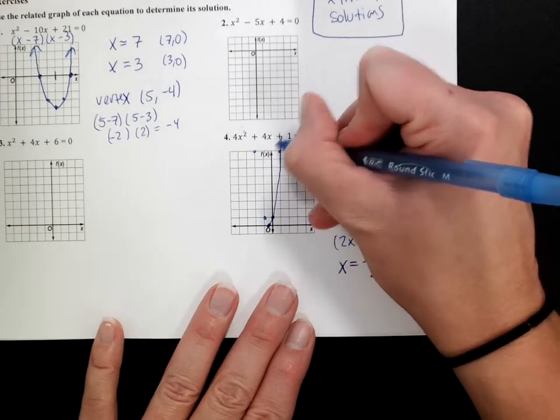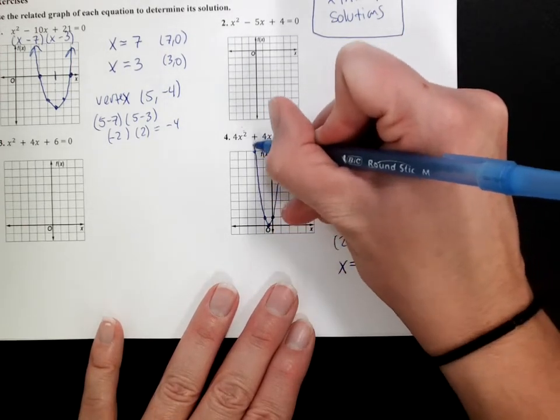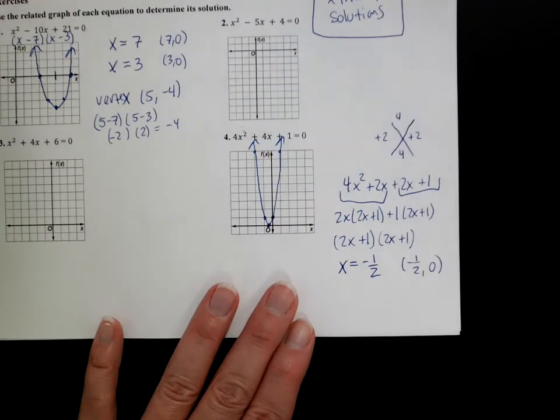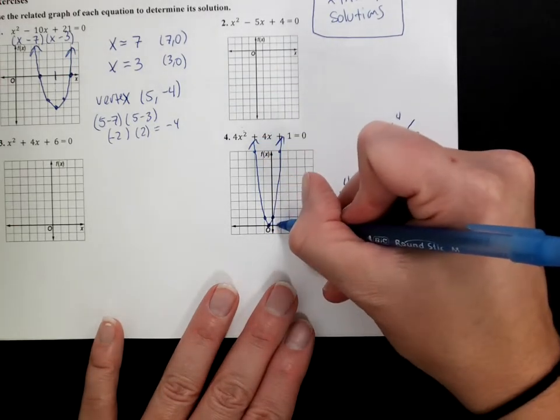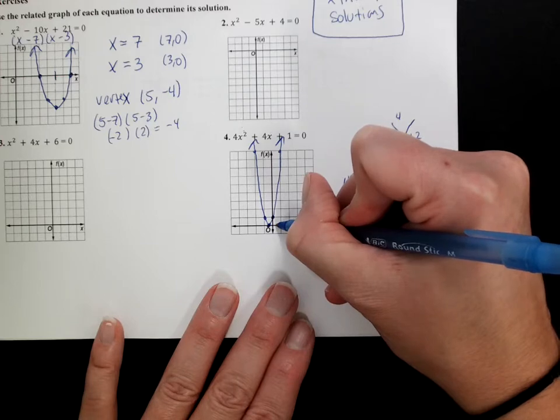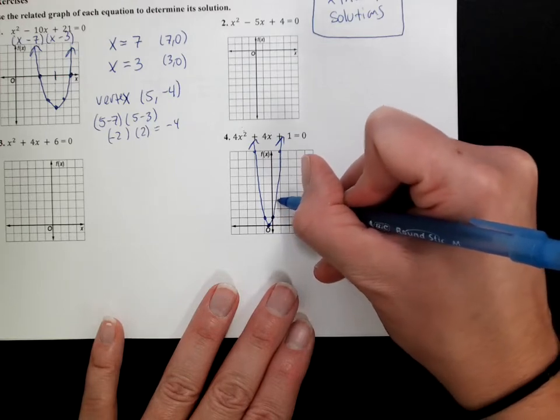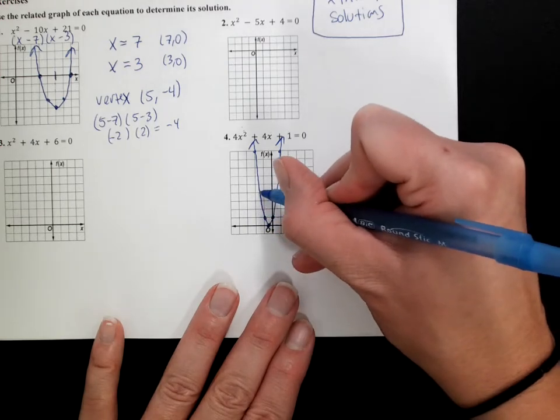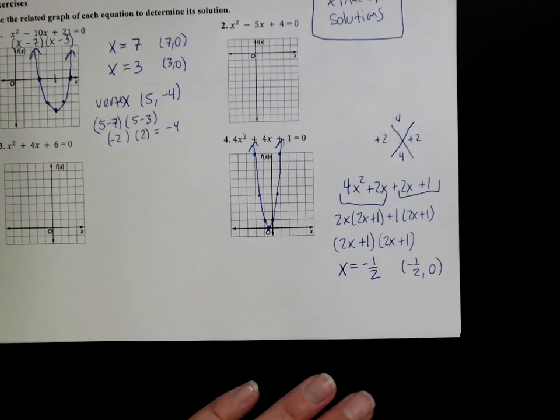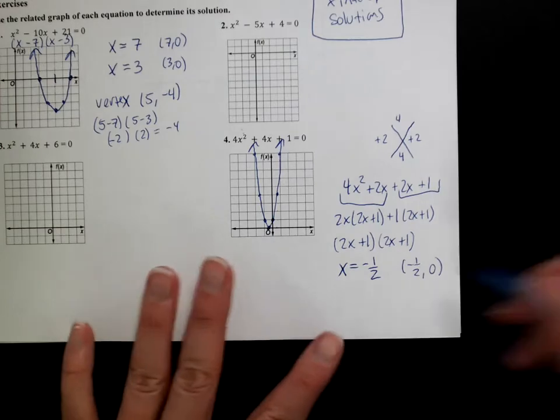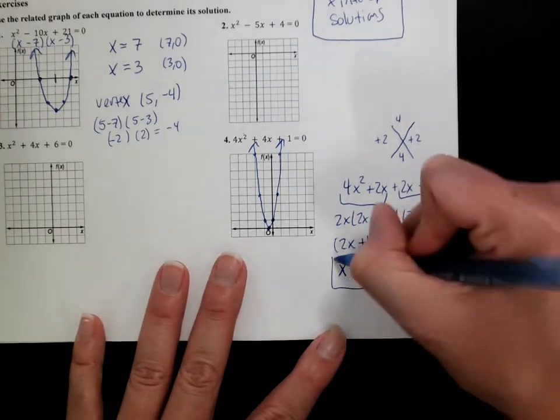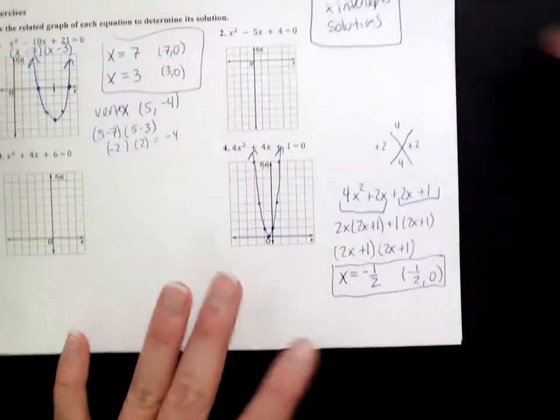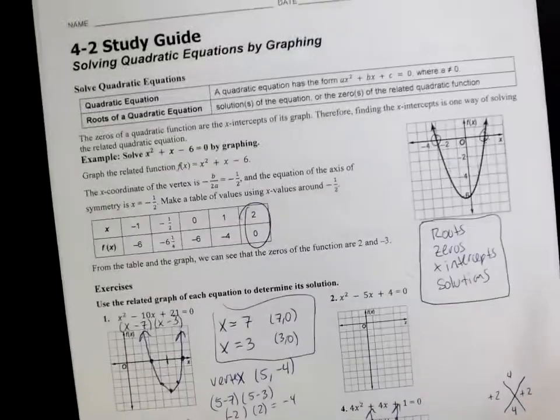Now, if you wanted to do the traditional stretch stuff, you could do that too, but you have to remember that over 1 is actually going to be here in between, and up 4. Over 1 and up 4. Okay, so however you want to graph that. The main thing is to find your solution, which is right here. Okay, again, I'm not going to finish that. But flipping to the back,